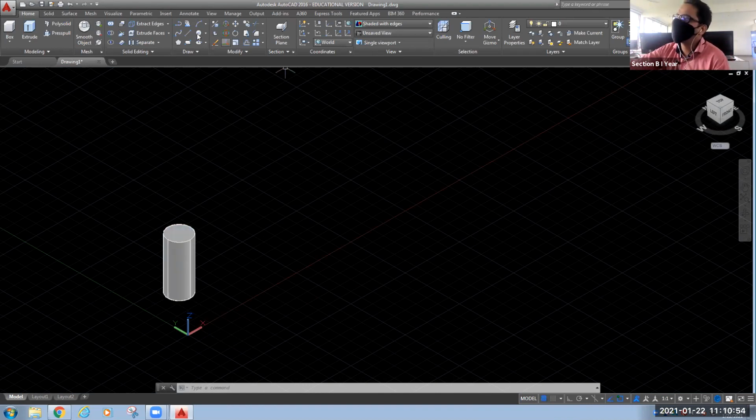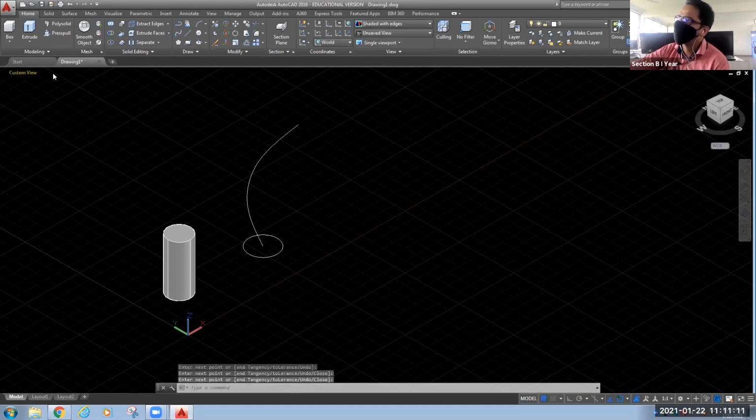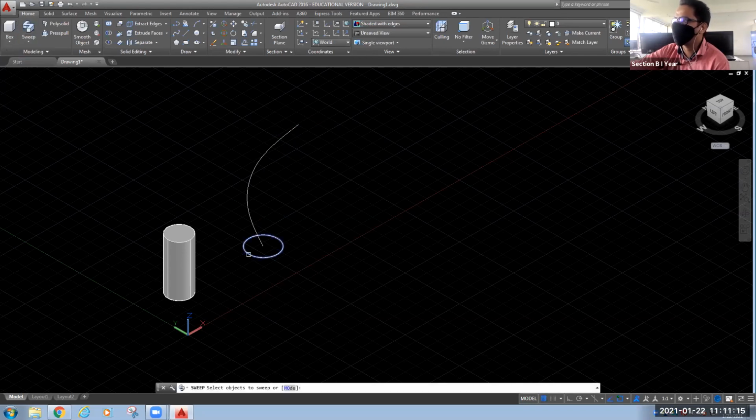Now I will take one example of the sweep command. I have taken one circle, then I will draw one profile, and then you can go for your sweep command.